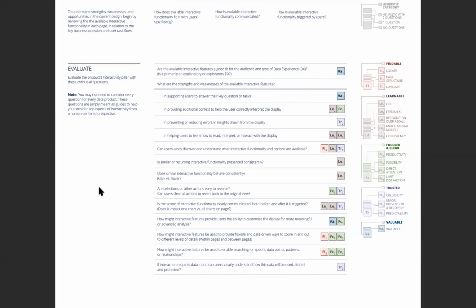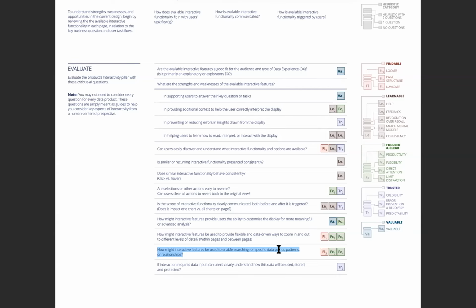So for example, one of the questions that I personally really like here is this one: how might interactive features be used to enable searching for specific data points, patterns, or relationships? This question prompts you to think about something that's obviously a very important aspect of the interactivity layer. It's one of the key functions of interactive features to let people search and locate information.